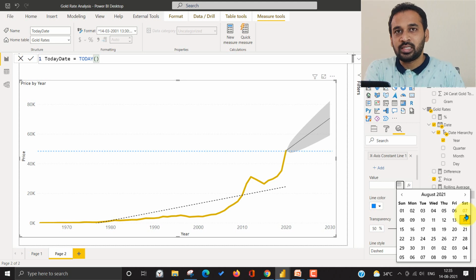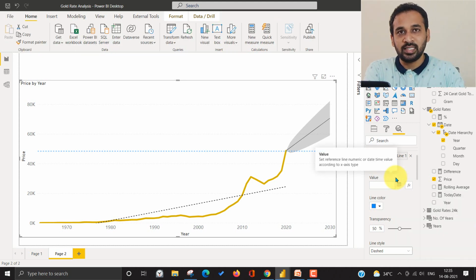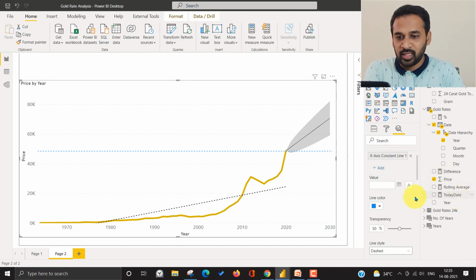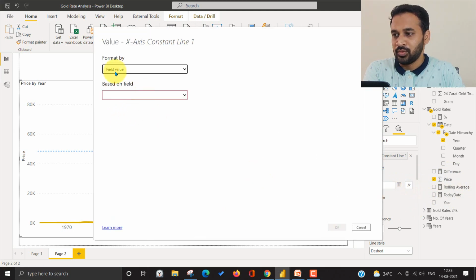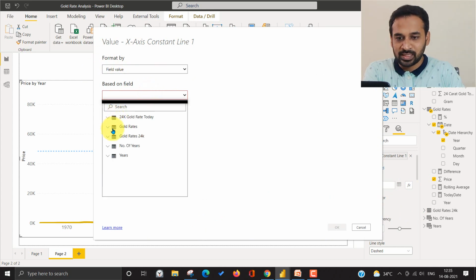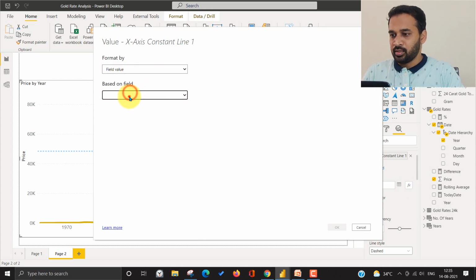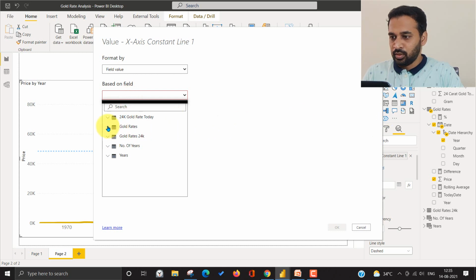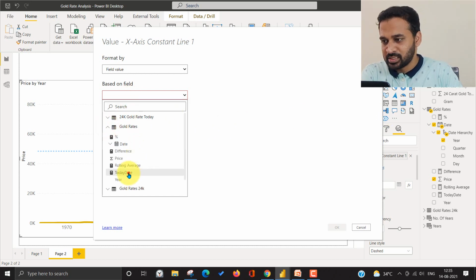So what I thought, today's date will be changing on a daily basis, right? So I created a measure, and then beside this you have an fx. If you click on that, you will get this pop-up window. Here you can select the one which you have created, today's date. Basically it is in the gold rate table, the one called today's date.